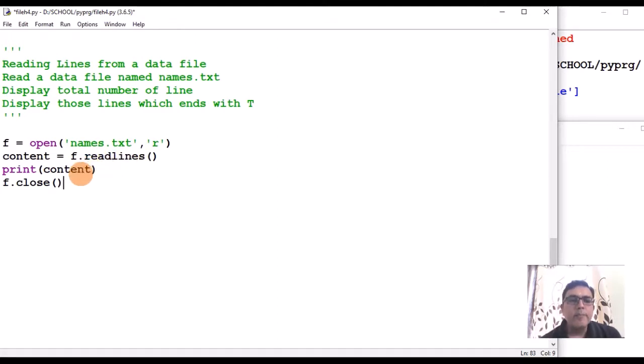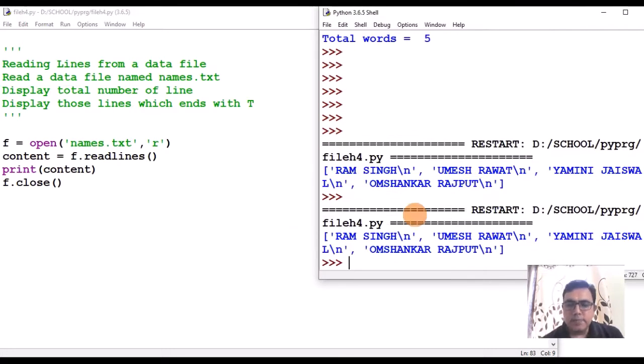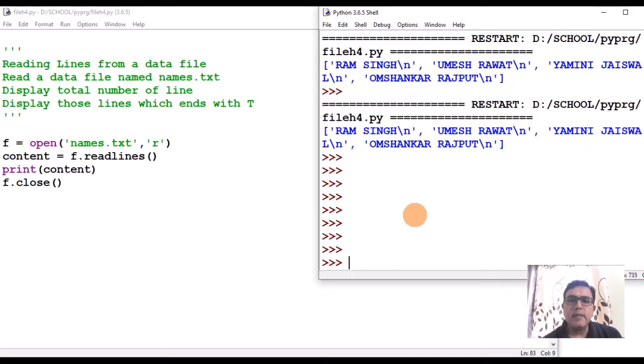So let us see. I have read the contents of the data file in a variable named content, and then I am displaying the variable content. If you run it, it is displaying this result.